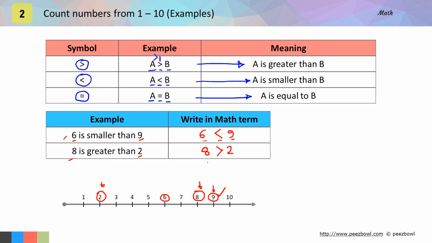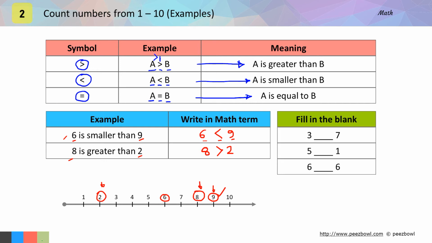Keep in mind that open side or open angle will always show bigger number and closed side will always show smaller number. Let us take few more examples. In these examples, you only need to fill greater than, smaller than or equal to sign. Okay, first we have 3 and 7. While solving these examples, if you face any challenges, then you can refer number line.